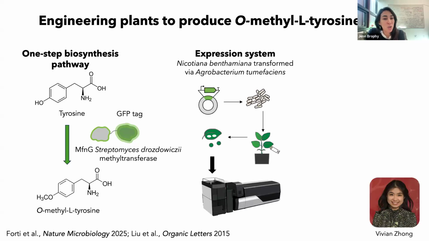And so a graduate student in the lab, Vivian Zhang, has been doing this work of figuring out whether we could engineer plants to create O-methyltyrosine. The first thing she did was a transient expression of the enzyme in Nicotiana leaves. She delivers the DNA encoding the enzyme to plant leaves using agrobacterium, and then took samples of the leaves and ran LC-MS,